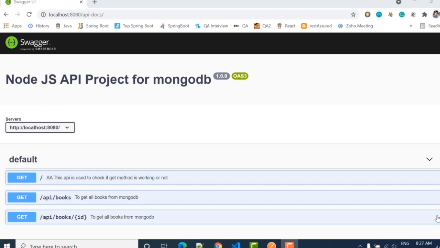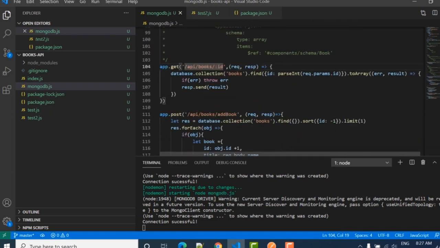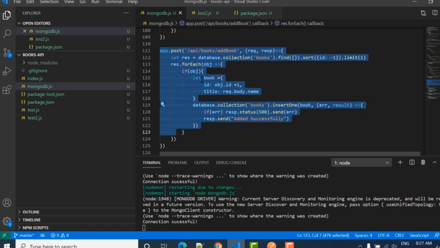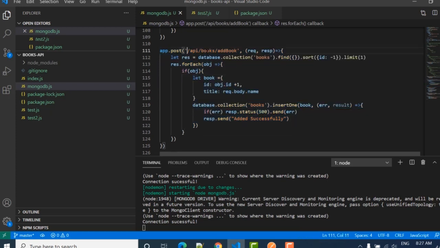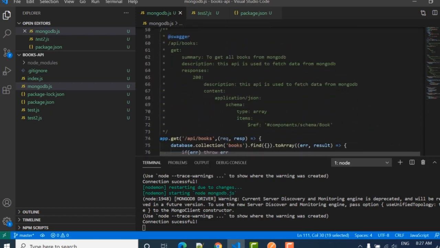In this tutorial, we will see how we can send a POST request through Swagger and how we can create the documentation for POST requests. So let's see our code. We have already written the API method for the POST request, where this is the API URL that we have to use. So for that, let me just copy the top one